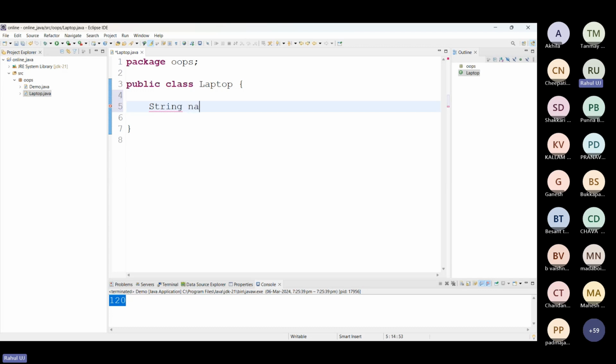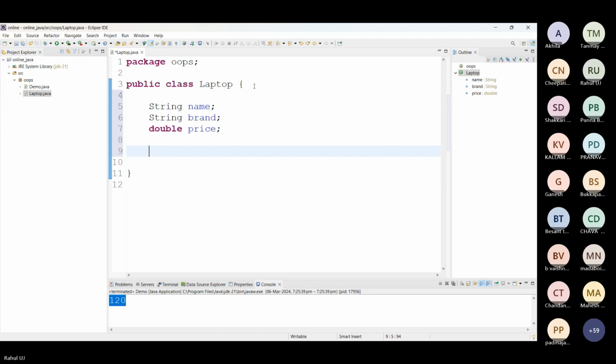String name, string brand, double price. How many attributes are there for your laptop? Three.